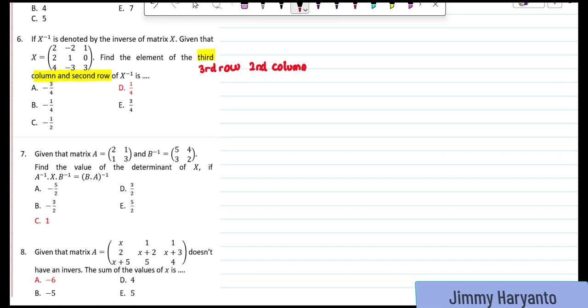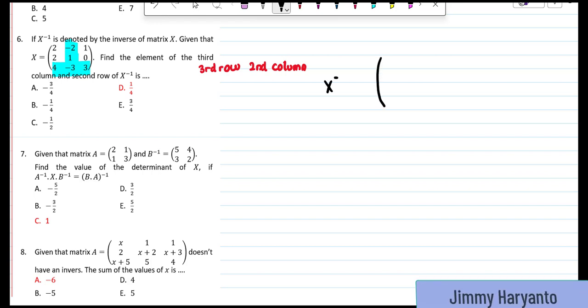Okay, so you have to close the third row and the second column. Third row and the second column is this one. When you close the -3, 1 and 2 is also closed, 4 and 3 is also closed. You have to close all of them like that, yeah. So the inverse